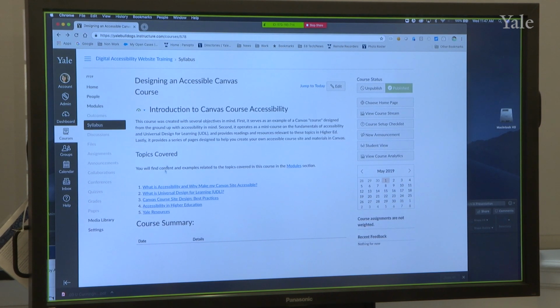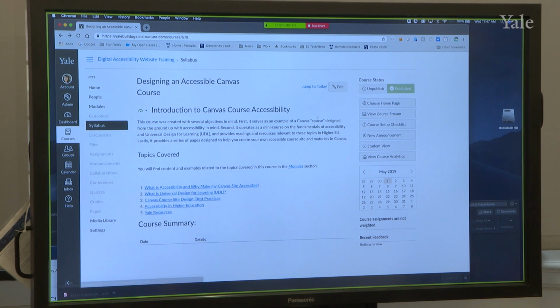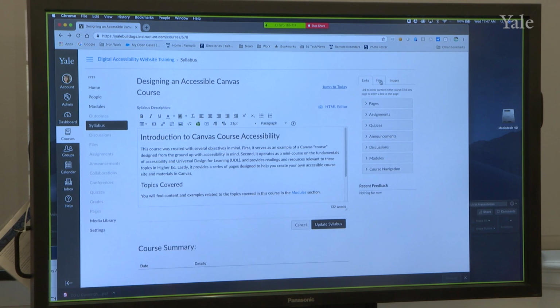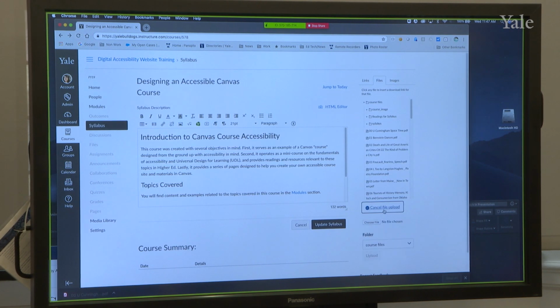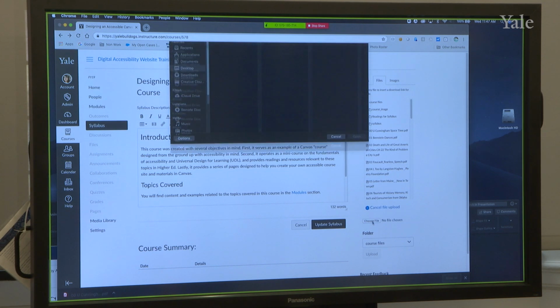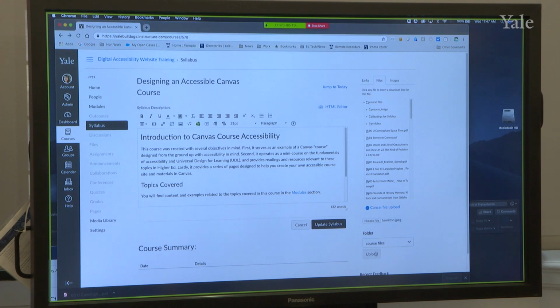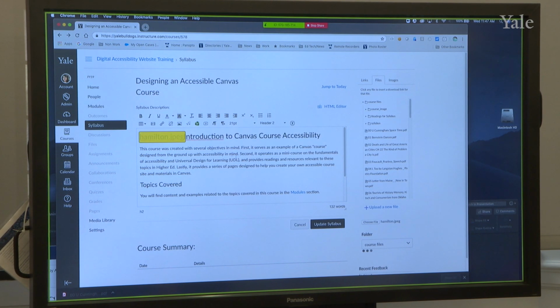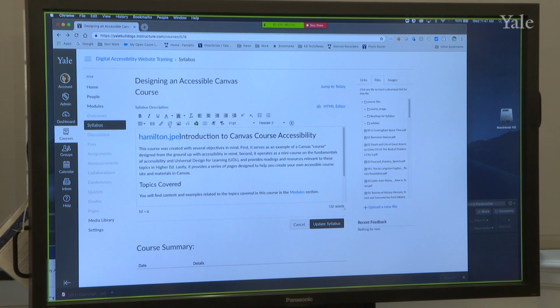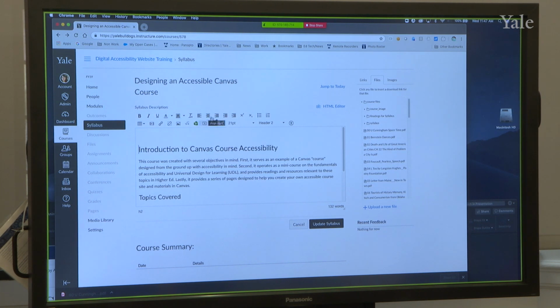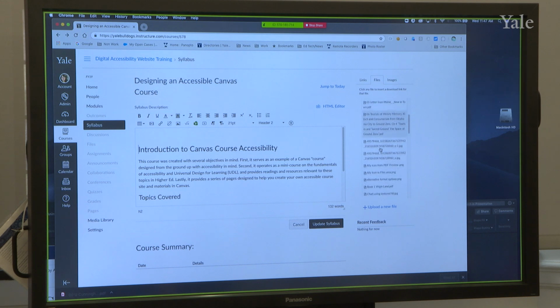I think I need to actually add it to my file section first. There we go. Hamilton, open, upload. And now if I wanted to add that file,